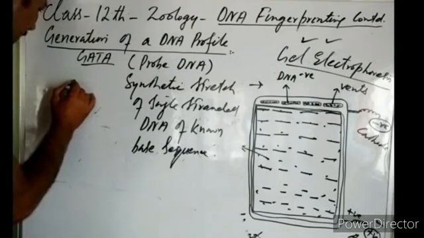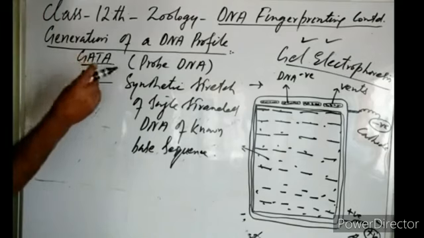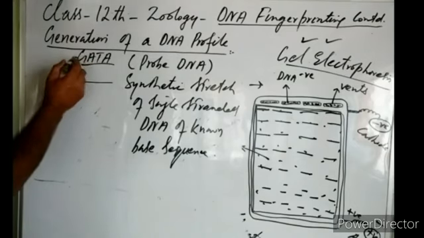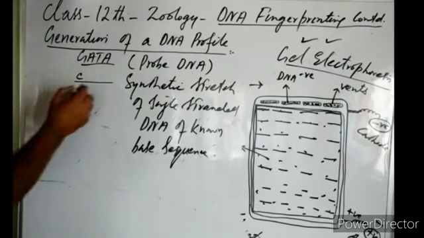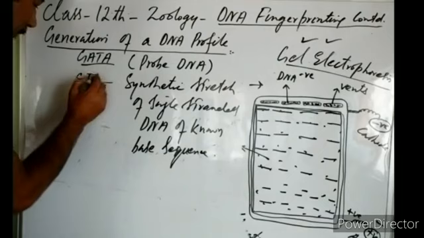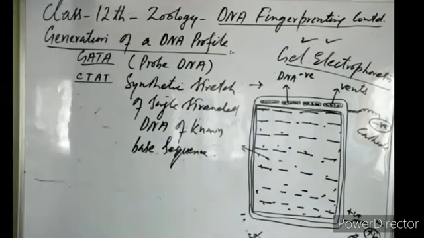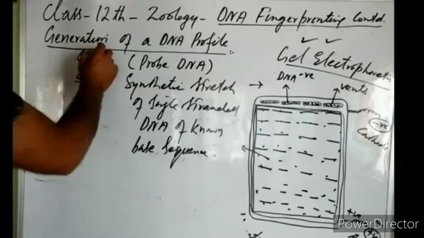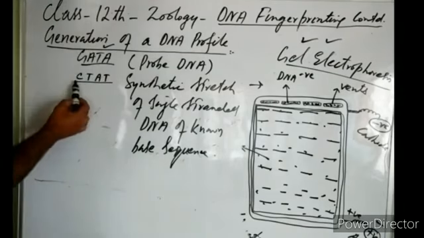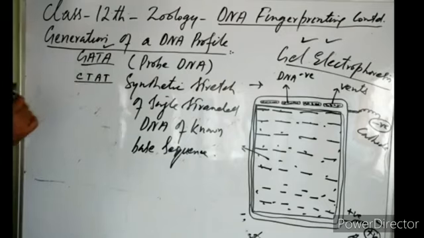So they will make a stretch of DNA. They synthesize the DNA in the laboratory, and they have to make it complementary to the GATA sequence. So what will be opposite to G? It will be C. What will be opposite to A? It will be T. What will be opposite to T? It will be A. What will be opposite to A? It will be T. So they synthesize a small stretch of DNA of the known sequence. If they are looking for GATA, they will synthesize this DNA segment in the laboratory, having the sequence CTAT, which is complementary to this GATA sequence.